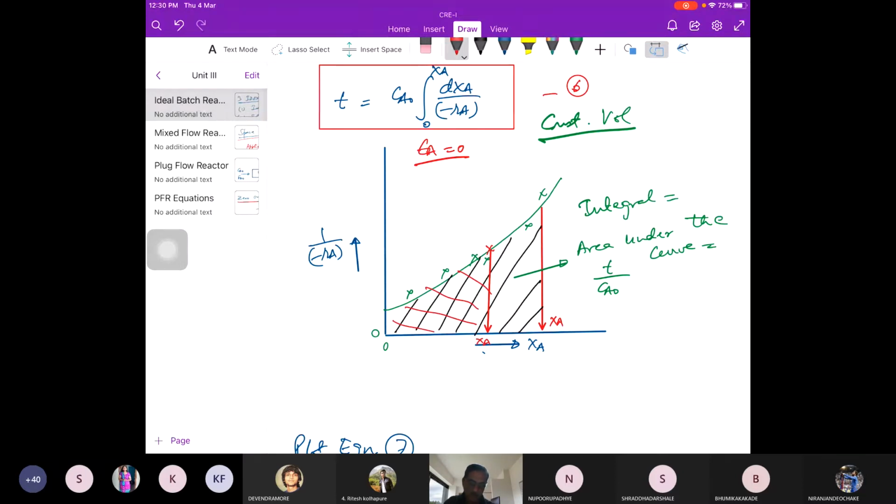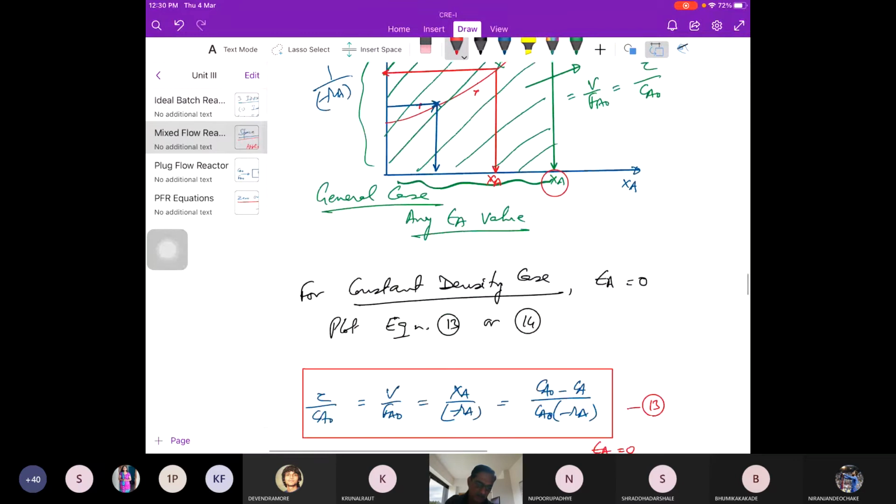So depending on the xa value, the area will change here also, there also, but here I have to take the area under the curve. In the CSTR or mixed flow reactor, I have to take the rectangle area. So if you compare, this area is always going to be less than that area, right? Is it equal? If I draw the area of the rectangle,